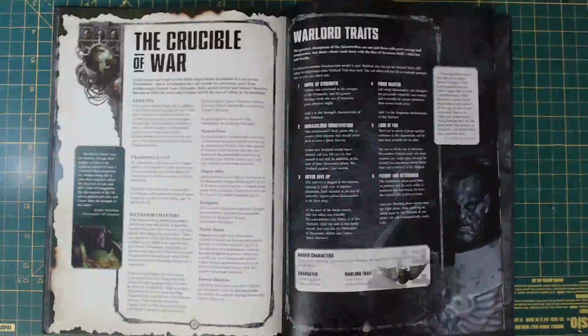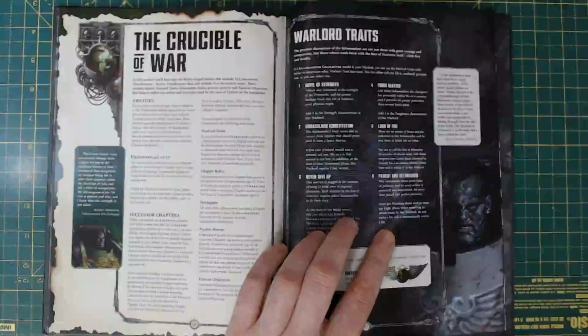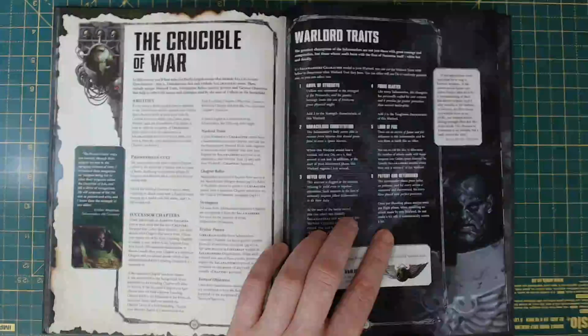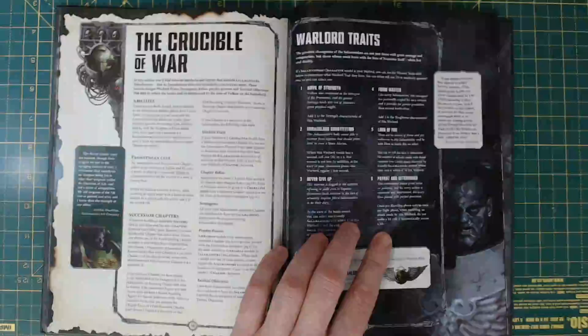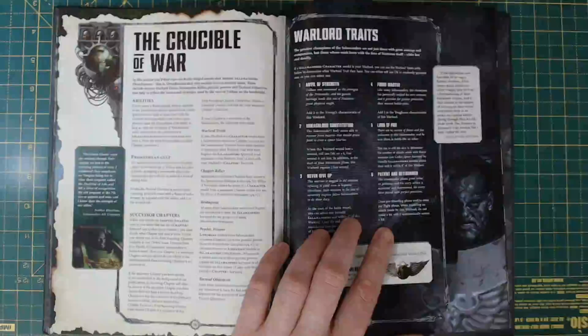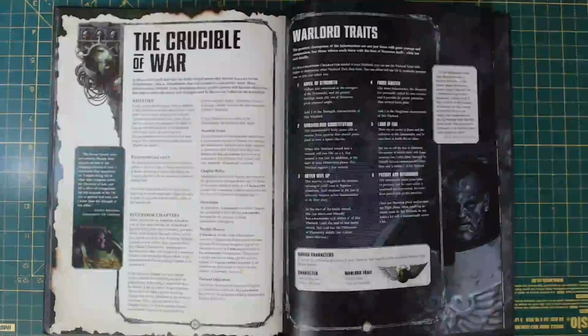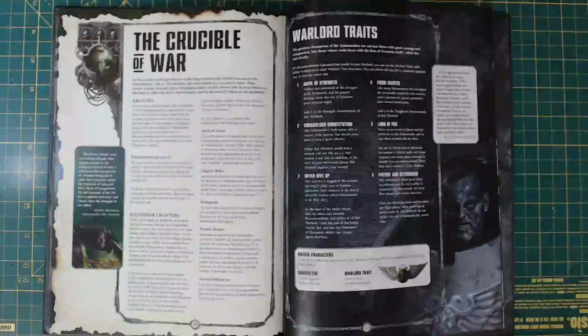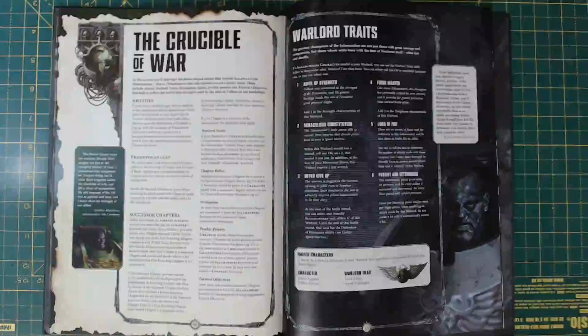And Patient and Determined. Once per shooting phase or fight phase, when resolving an attack made by this Warlord, do not make a hit roll, it automatically hits. That's fantastic. Considering in the fight phase, you get a free reroll to hit and wound,